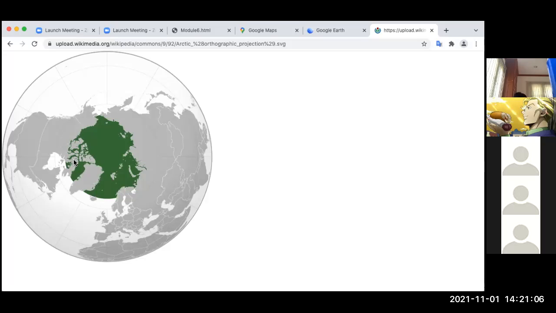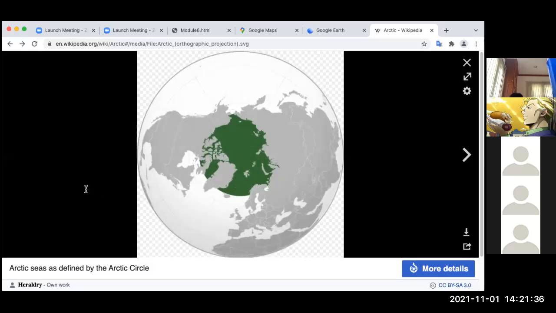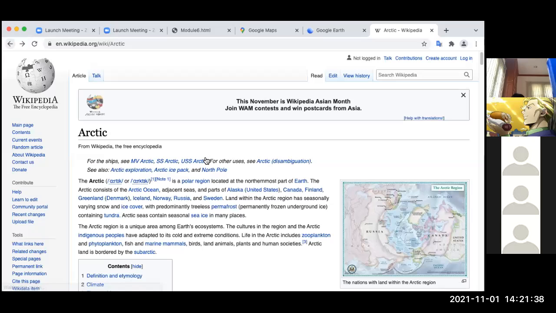This is Canada. This is Norway. And this is, what is this country? I don't know. Not sure. What is this country? Actually, it's called Greenland.